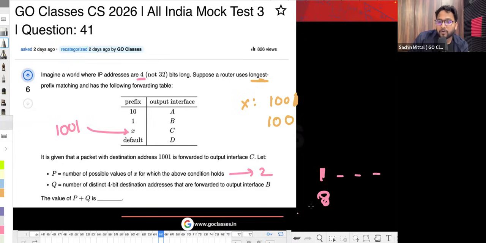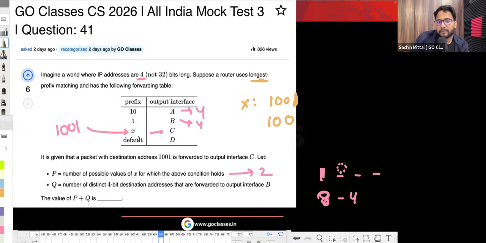But out of those 8, whatever starts with 10, which means these 4 addresses starting with 10, will be forwarded to A. So 4 addresses will be forwarded to A, and the remaining 4 out of these 8